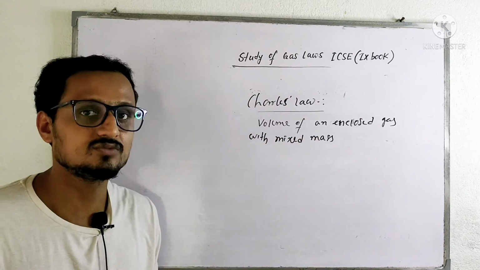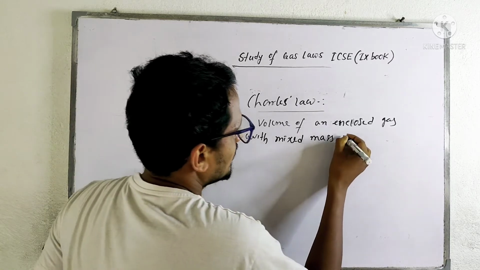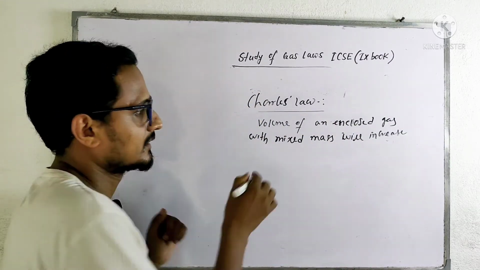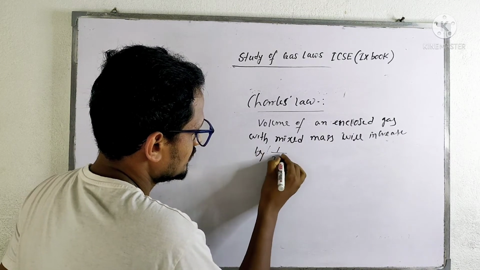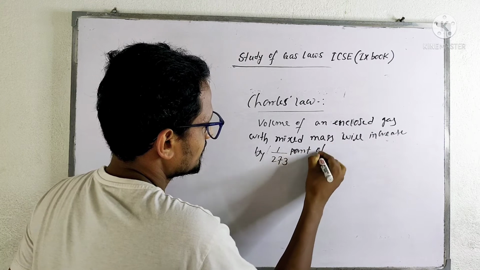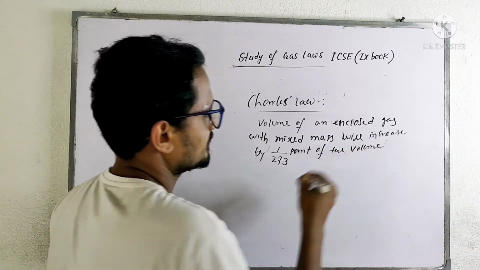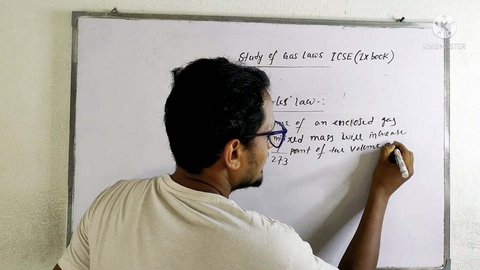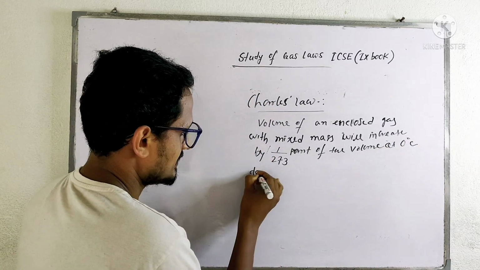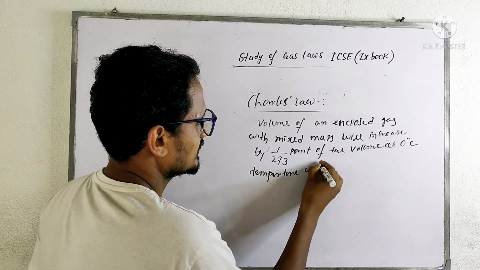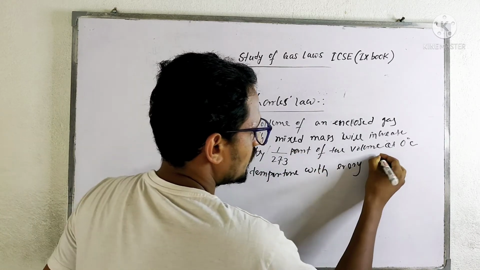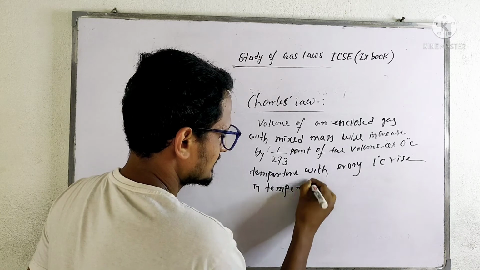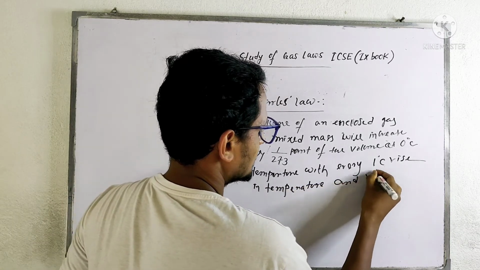The volume of an enclosed gas with fixed mass will increase by 1 by 273 part of the volume at 0 degree centigrade temperature with every 1 degree centigrade rise in temperature, and vice versa,